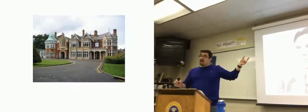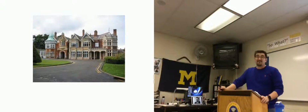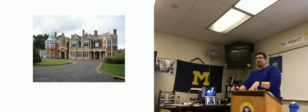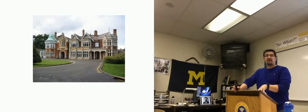But unfortunately for him, by the early 1950s, he was accused of indecency for homosexual activity, which was against the law in England at the time. He was sentenced to either prison or chemical castration, which sounds almost like a medieval punishment. He chose the latter, and then just through a fit of depression, ended up eating a cyanide-laced apple